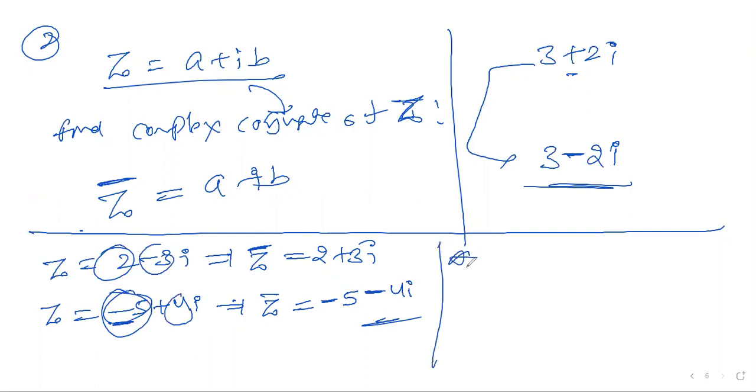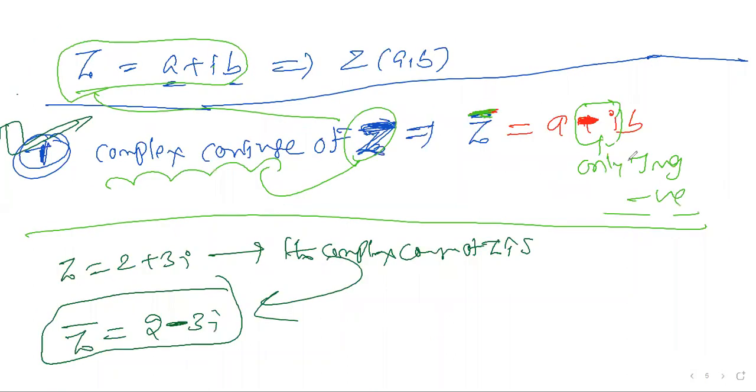That is a blunder mistake people make. In the formula you can see A plus iB, A minus iB. I am not changing the sign of A. This is fixed. Only the imaginary part is going to be negative. The real value cannot be changed. This is the complex conjugate.